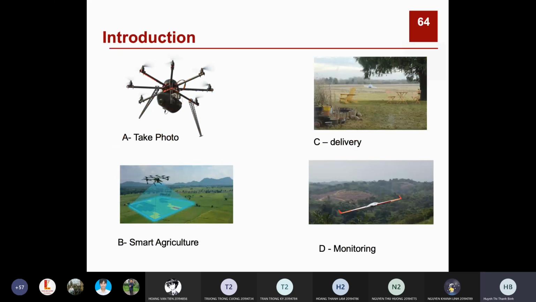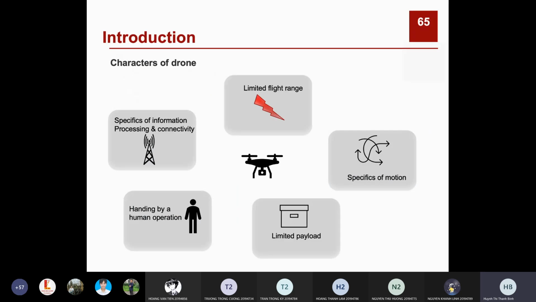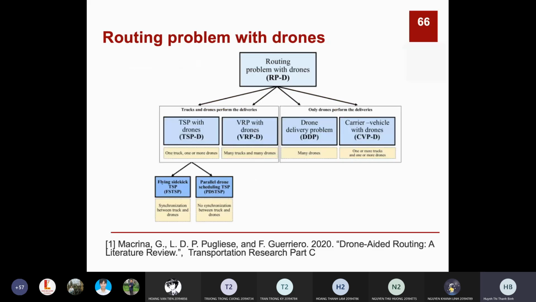You already know the applications of drones. Drones have a lot of applications in smart agriculture and monitoring, but there are some issues in drone programs: they have a limited flight range, limited processing and connectivity, or limited payload, for example. And we need to solve some optimization problems in routing with drones